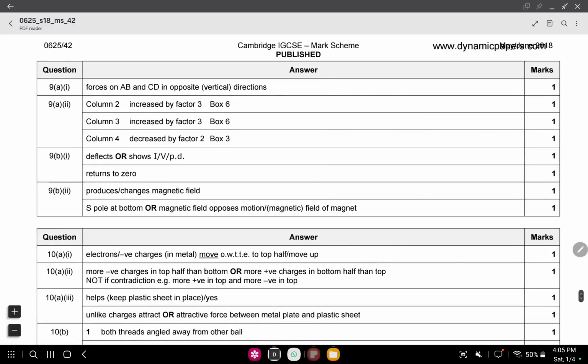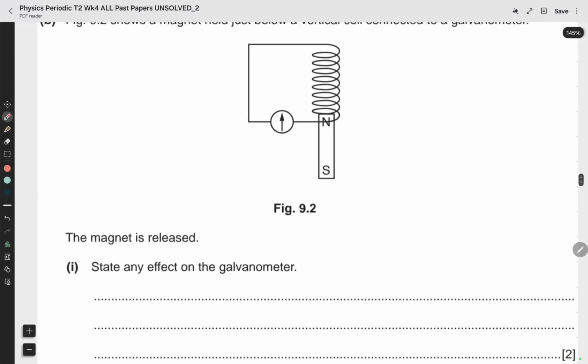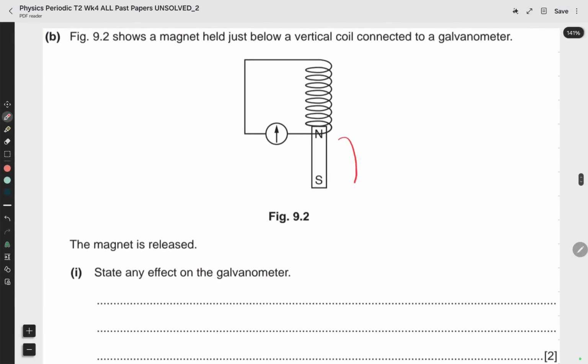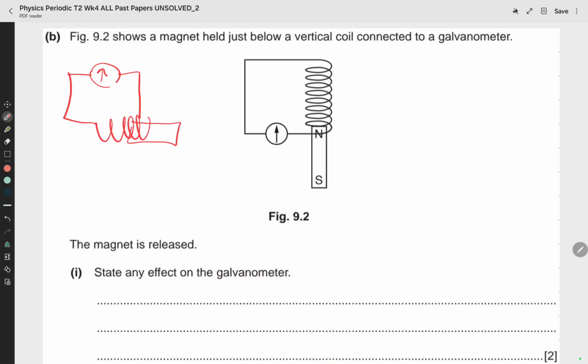When you release, over here we're removing the magnet outside. So let me draw for you 2 cases. So you have over here a galvanometer. Over here you have your coil, right? And you insert a magnet over here, north, south. I'm going to change this. And this is over here, the galvanometer. It's obviously going to deflect, right? This is when the magnet is inside. But when the magnet is outside,